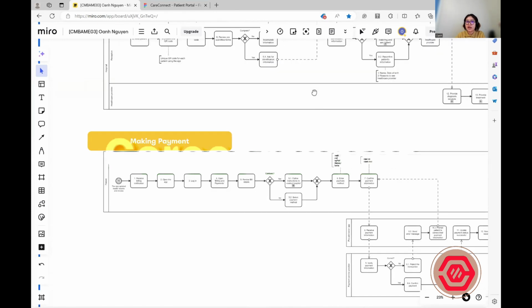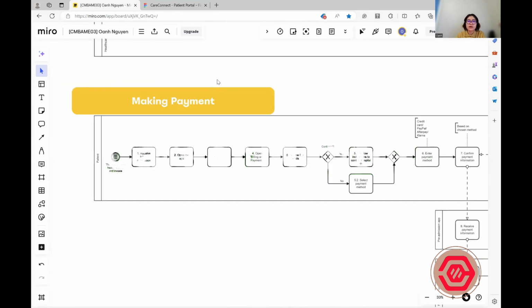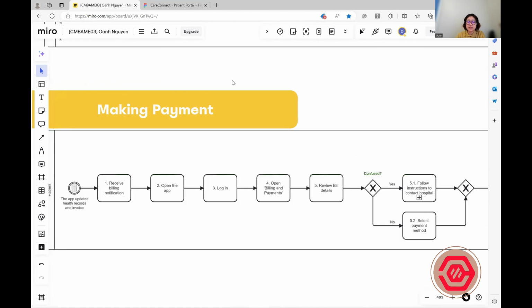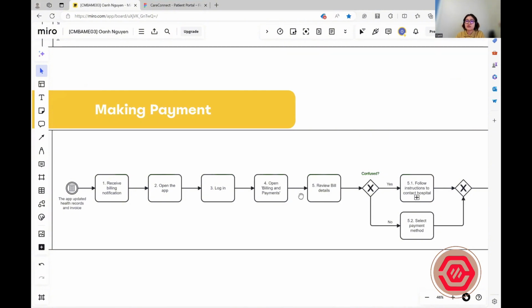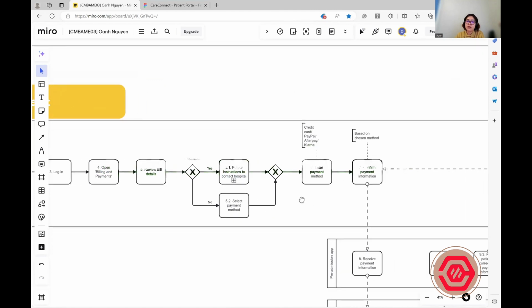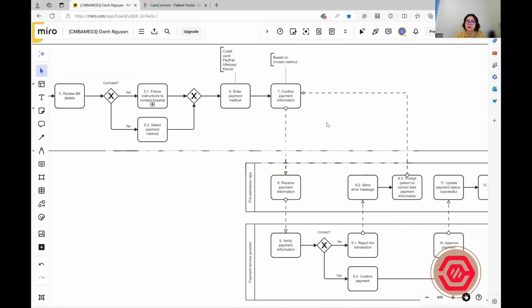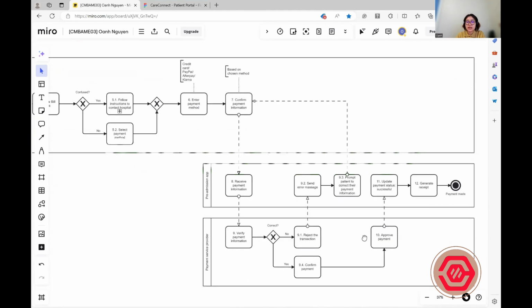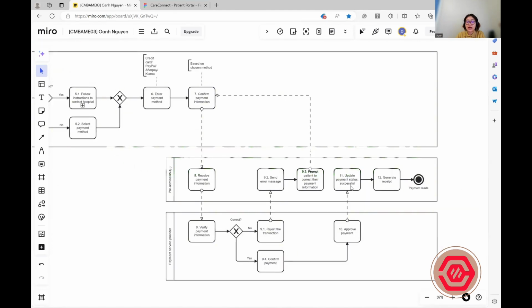Let's go to making payment. To make payment on the app, you will receive the payment notification on the app, and you will be able to review your bills. You can select the payment method that is suitable for you and input your information here. The app will verify your payment information with the payment service provider. When everything is correct, you will be able to make payment successfully on the app, and the app will generate